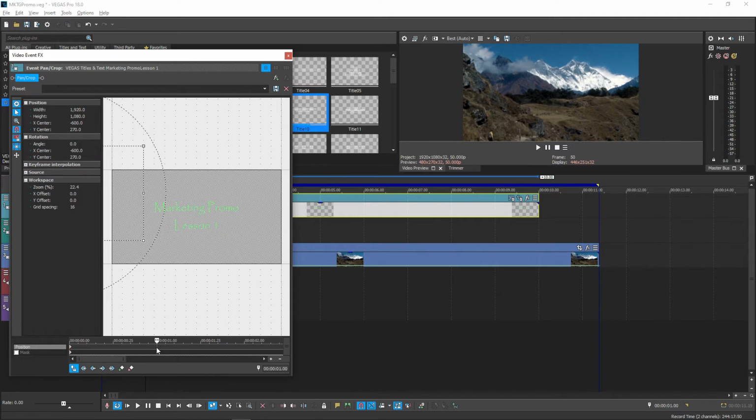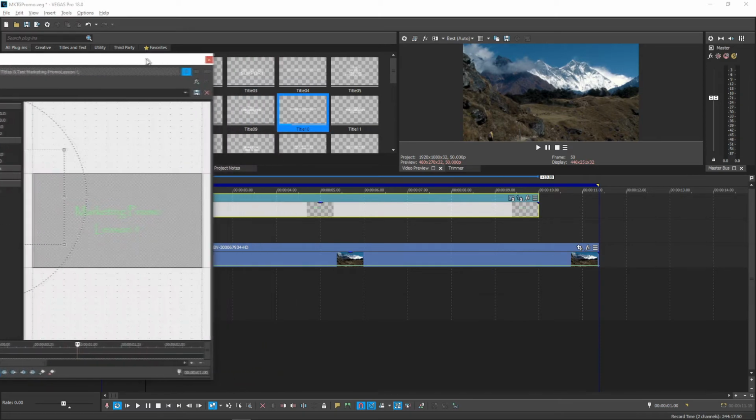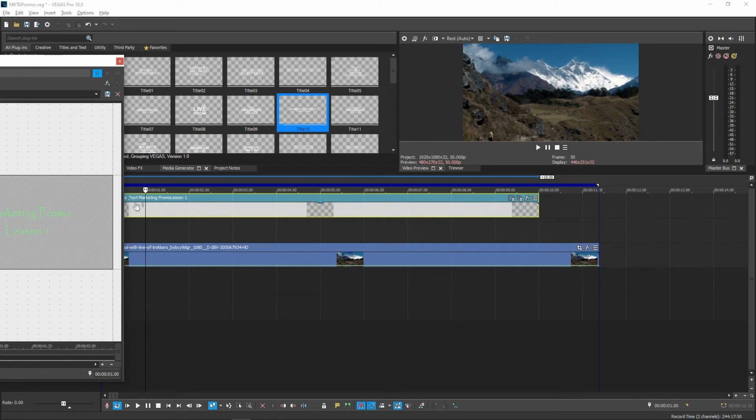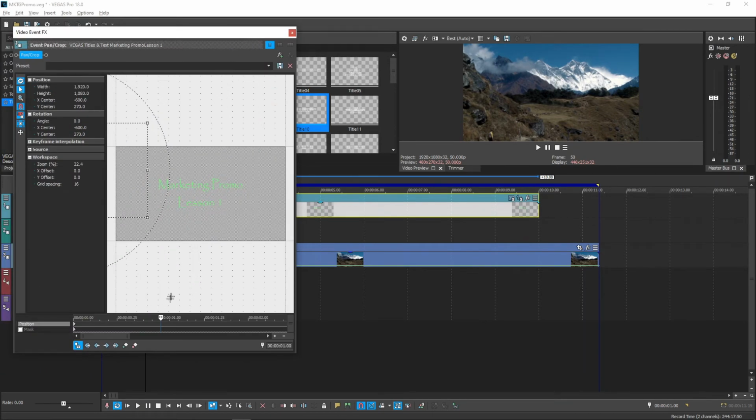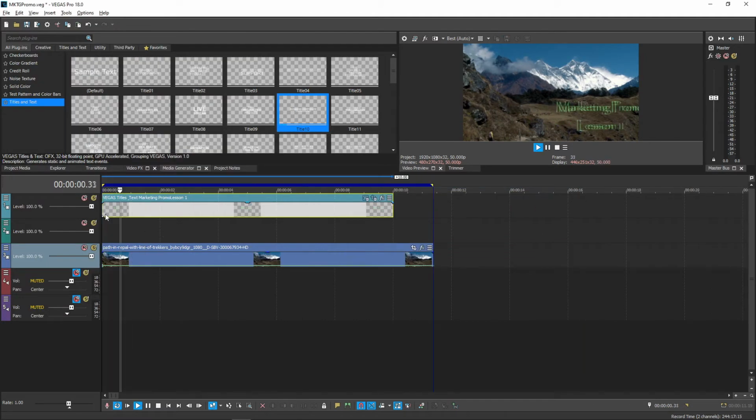If you need to time this to your footage, select the Sync Cursor tool down here. This will sync your timeline cursor with the little cursor in the pan crop track, and will automatically create a keyframe whenever you change the settings. So come down a couple seconds, and then create your second keyframe and move your text to the middle of the screen, where you want it to be. Now play it, and you can see that it's moving in.